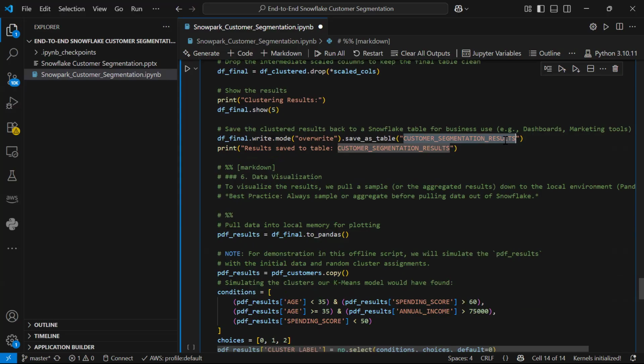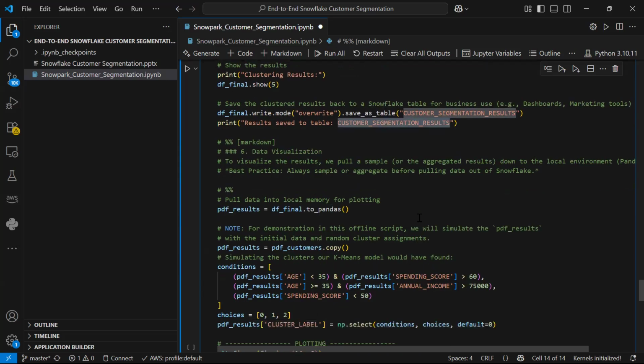Every customer should fall into one cluster, right? So it will arrange for every transaction, attach cluster numbers also, and finally create a final table with the name customer segmentation results.